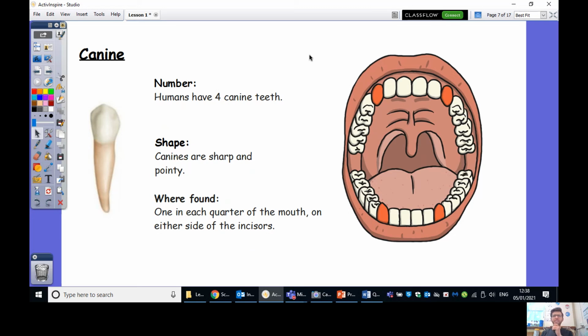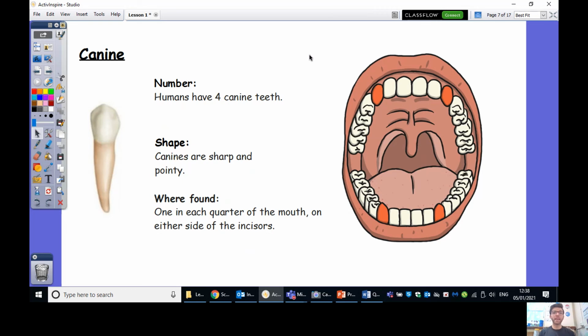Quick reminder, what was the name of the first tooth that we were looking at again? Can you think about that? Hold it in your head. So the one that we did before canine, what's that called? And can you call that at the screen, please, in 3, 2, 1. Incisor, hopefully you were saying.